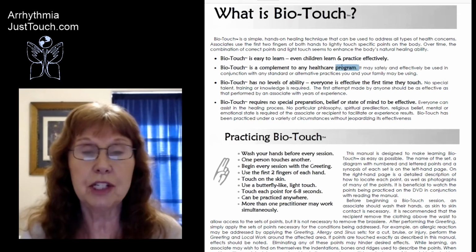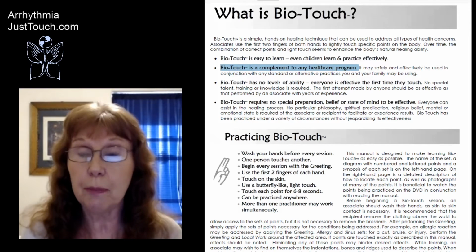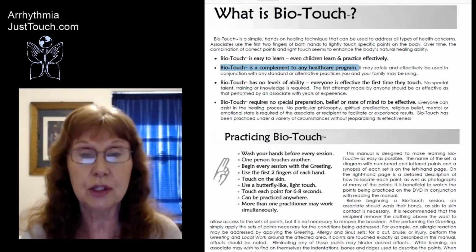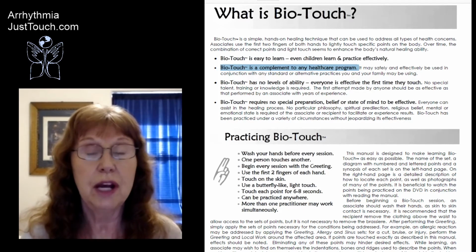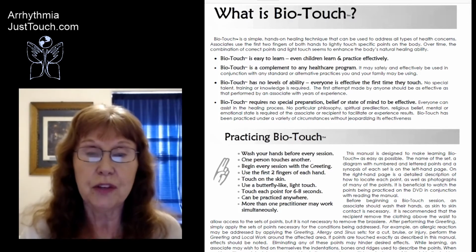BioTouch is a complement to any healthcare program. For many years, we said BioTouch is just a complement. It's not an alternative. And that's still true, but we have also begun to understand that BioTouch is very integrative. That's one of the words being used in the medical community also. Everything else is integrative with BioTouch, and holistic, because when you touch on the skin,